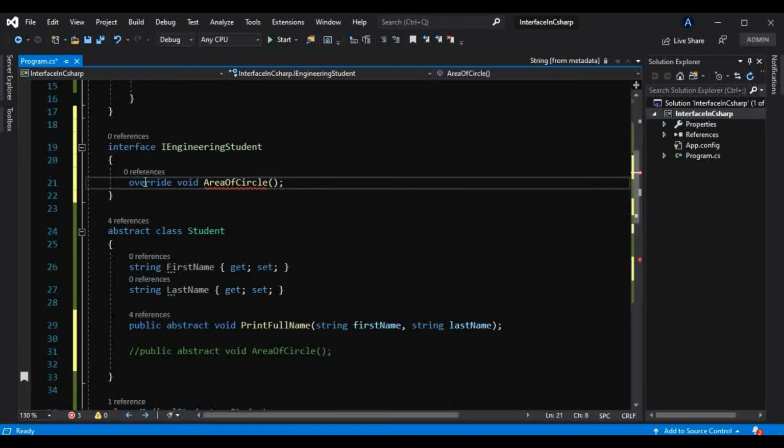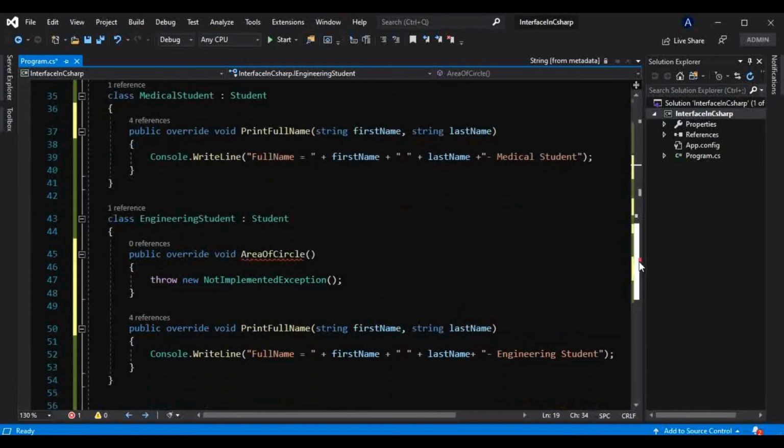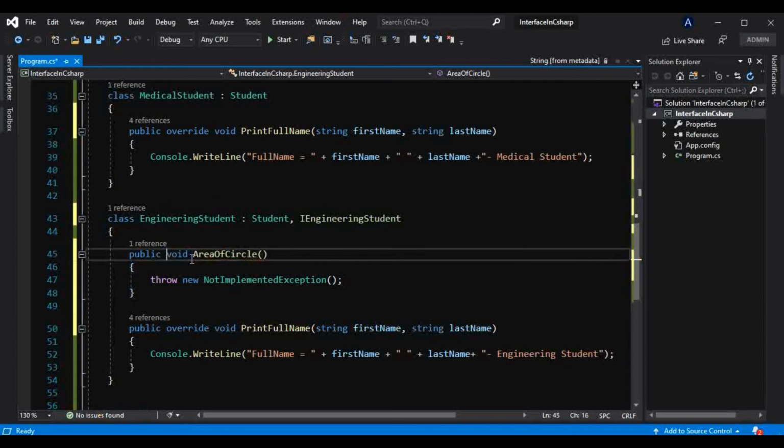We know that we don't need to have that public here, because any member inside an interface is public by default, and we don't need to take that override as well. So now I will make that engineering class inherit from this interface, that is the engineering interface, like this here, and I will remove that override from here.